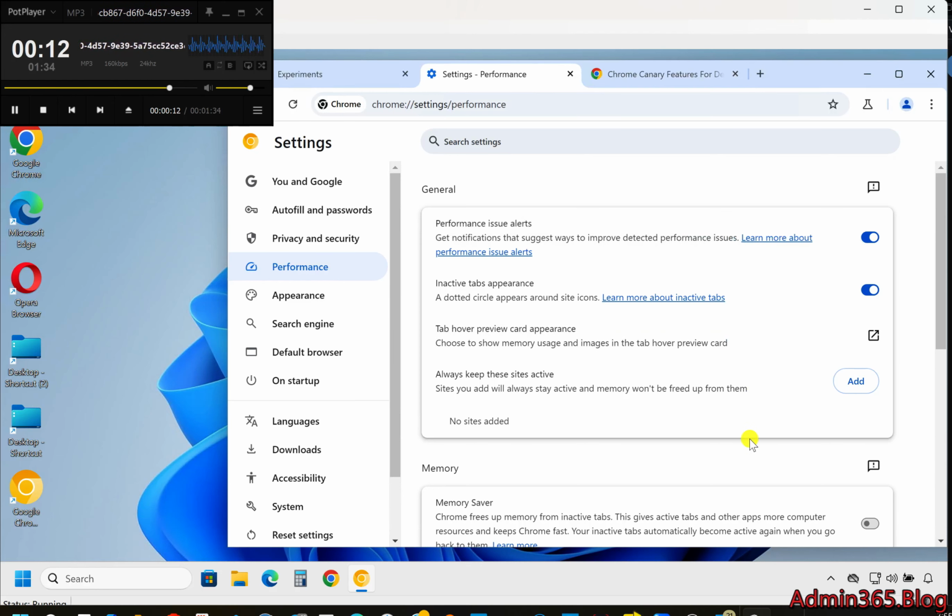Now you'll be notified whenever a tab is using too many resources, helping you decide if you should close it to improve performance. This feature